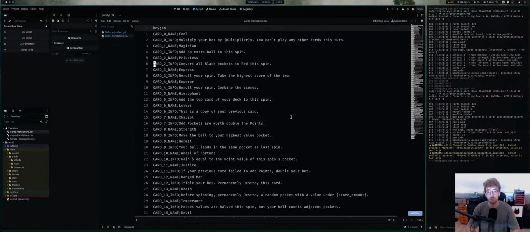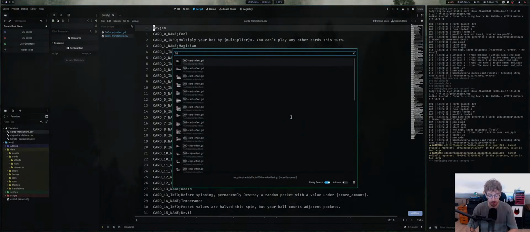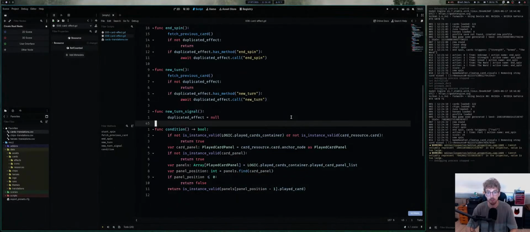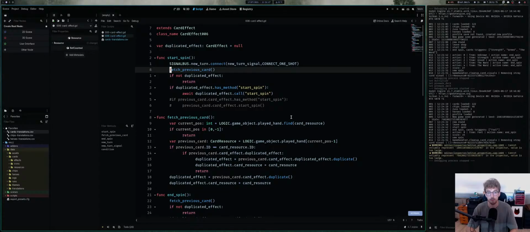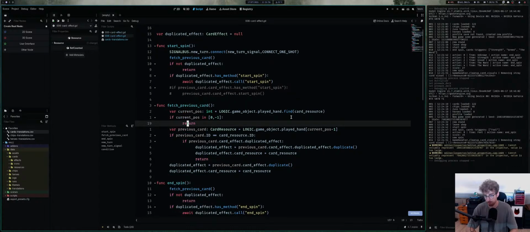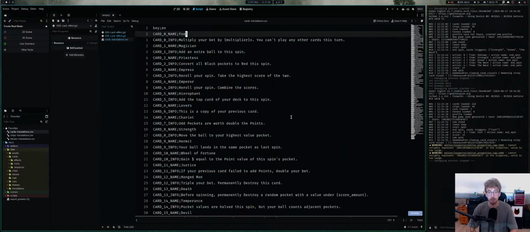Let me see, which card was it? This is a copy of your previous card, card 6. I think this one duplicates the card effect, yes. So yeah, previous card resource scheme. Okay, so I need to not test this with the fool, because the issue with the fool is that it needs to be played solo. So